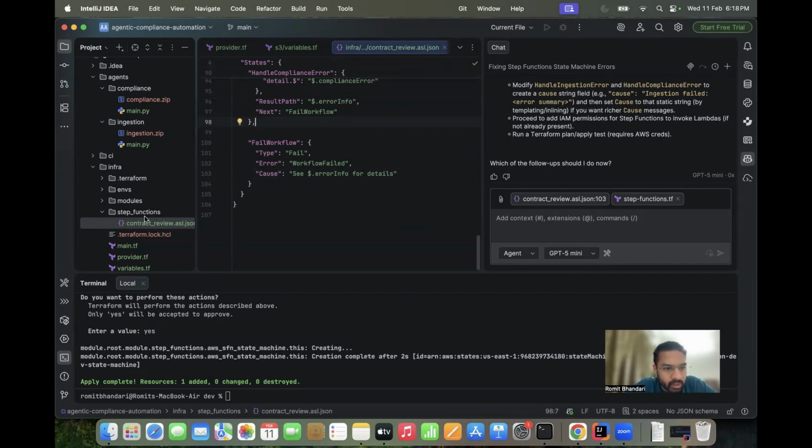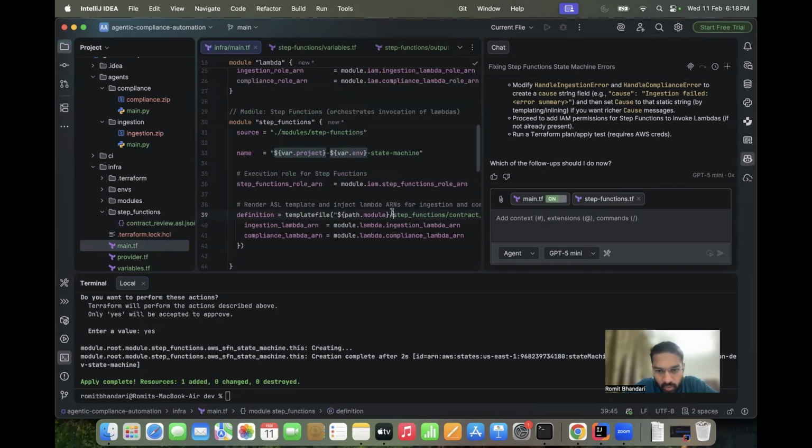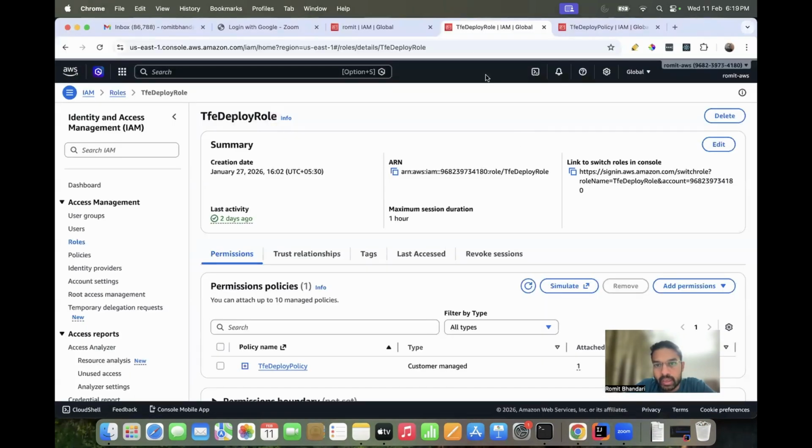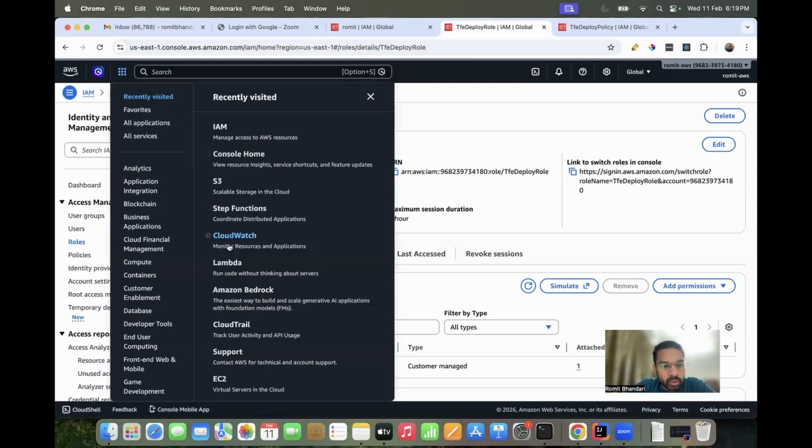So one small mistake which we made is we gave a wrong path here. So just make sure that you are giving the right path to the step functions ASL file. I am keeping step functions inside the step functions folder inside of my infra folder. After that, once it resolved that error, which was a minor syntactical error, the changes got applied. So I've applied the Terraform changes,